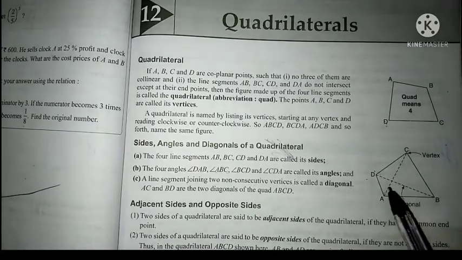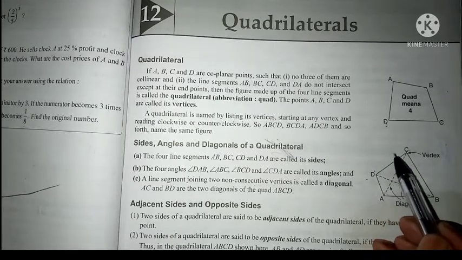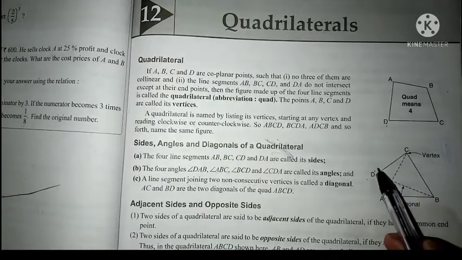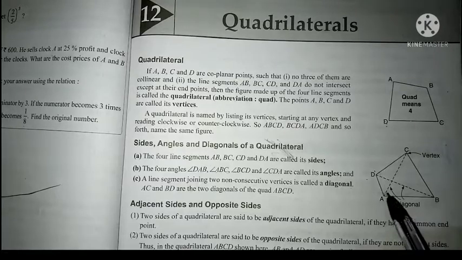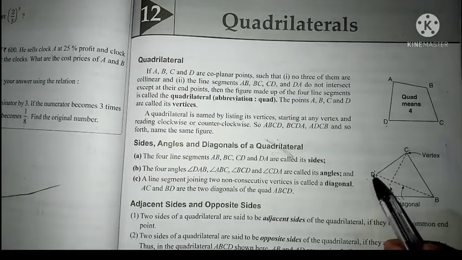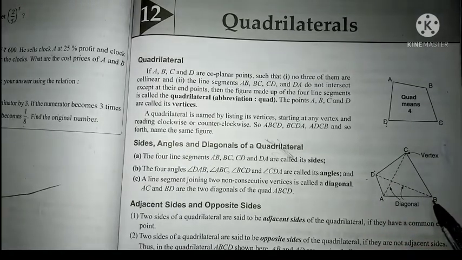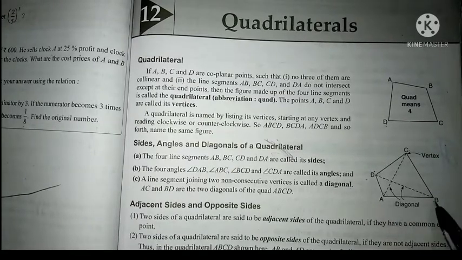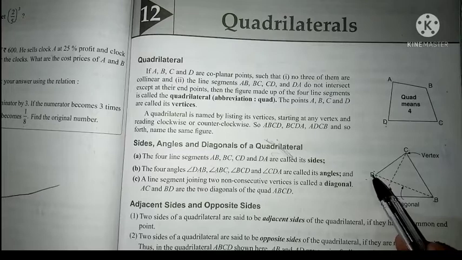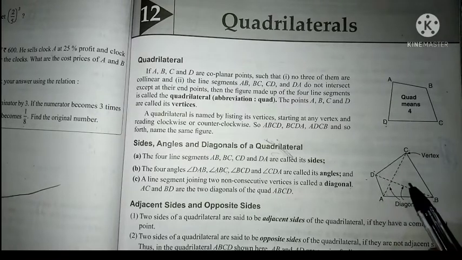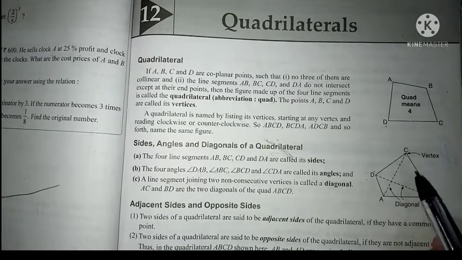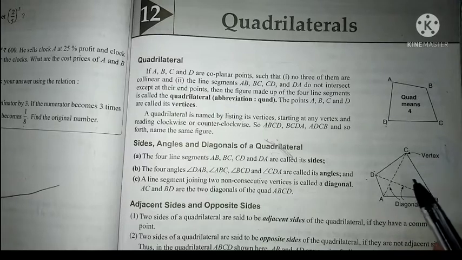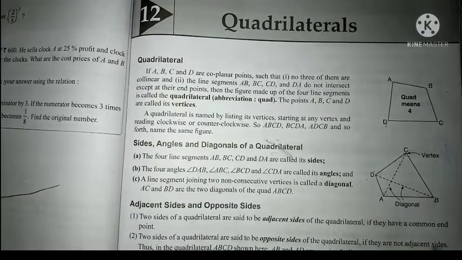You can see here, the clock moves in this direction. So if I go like this, A to D, D to C, C to B, then I'm moving in a clockwise direction. But if I go from A to B, B to C, C to D, and D to A, that means I'm moving in the opposite direction of the clock. So that's why it's called the anti-clockwise direction.